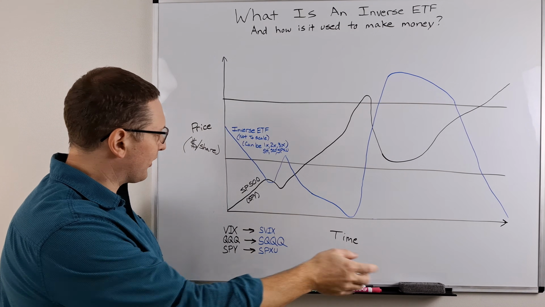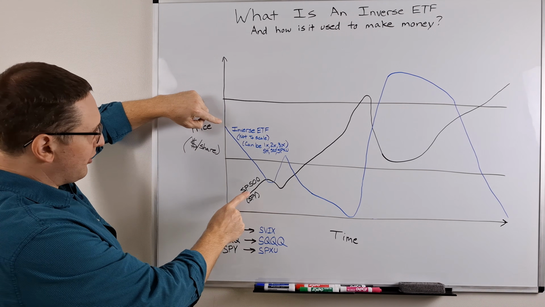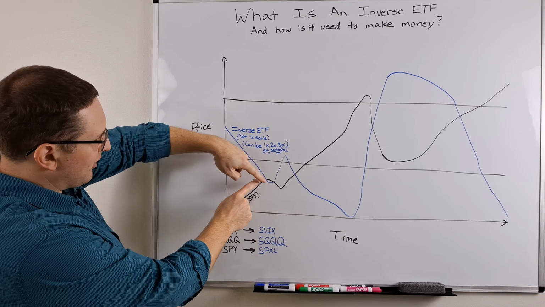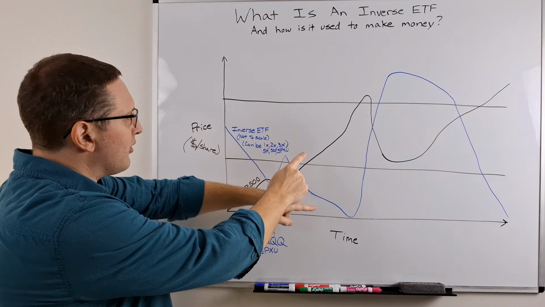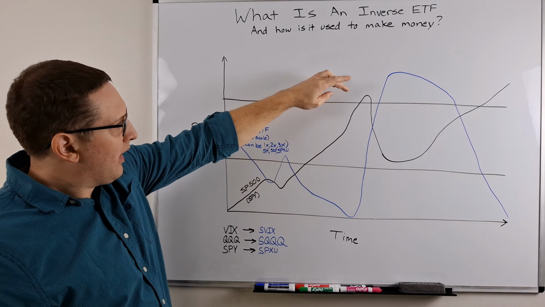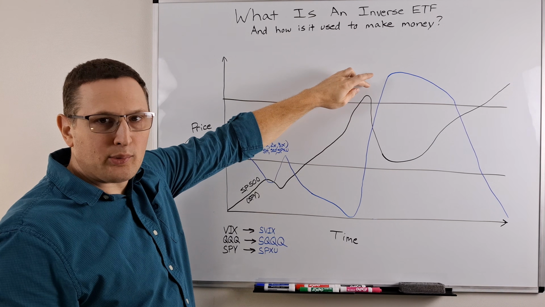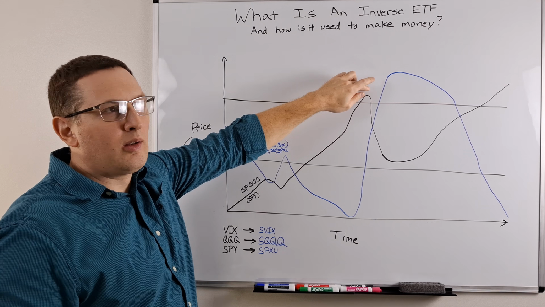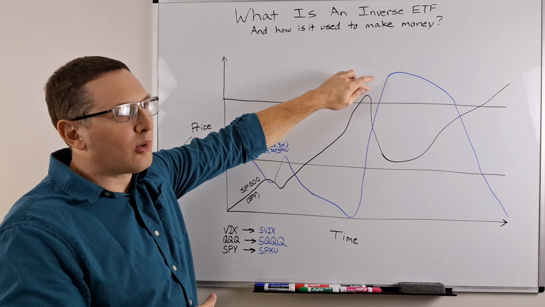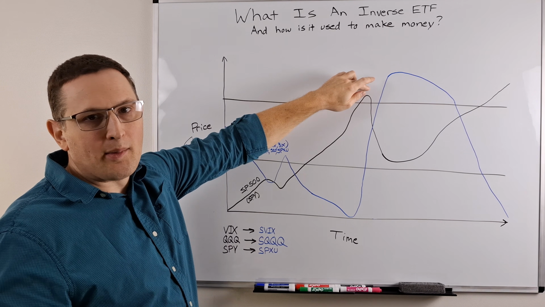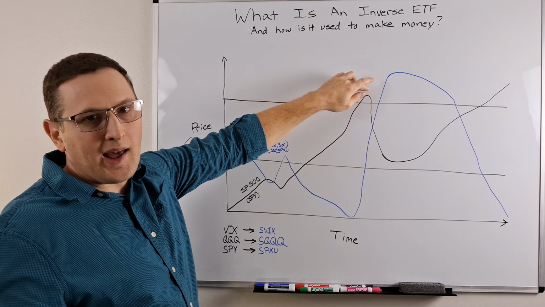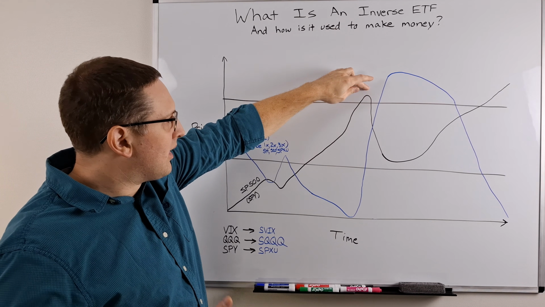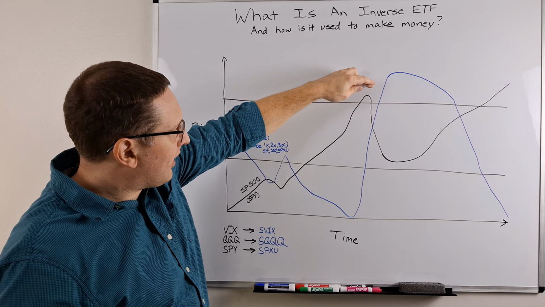So let's take this for example. As the stock moves up, inverse moves down. As the stock goes down, inverse moves up, and they're going to move opposite to each other. When there's a major black swan event, think of World War III gets declared, or some horrible pandemic, or whatever you can think of, Lehman Brothers collapse, dot-com bubble, any of those types of things. That's when I'm using this.